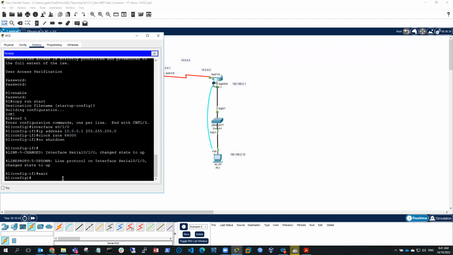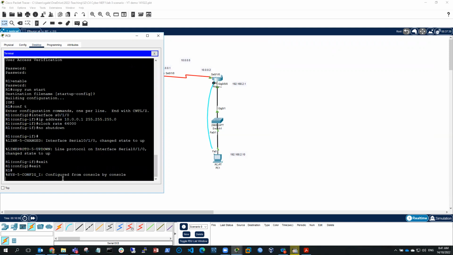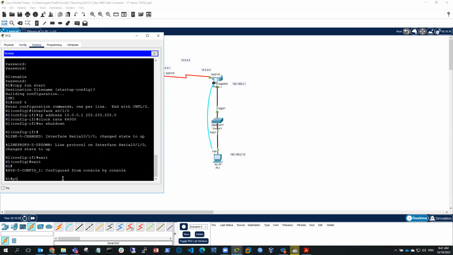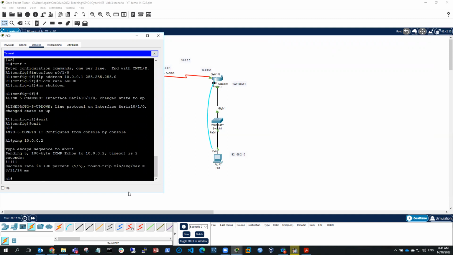Here, exit, and ping 10.0.0.2. One extra dot, 2. And you can see I can ping in both directions. Now, however, having done that though,